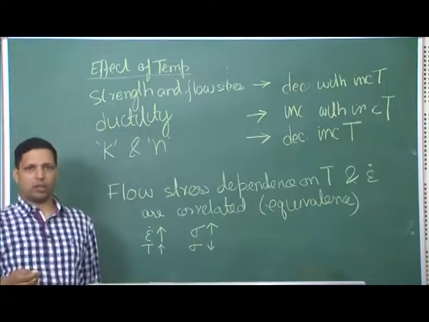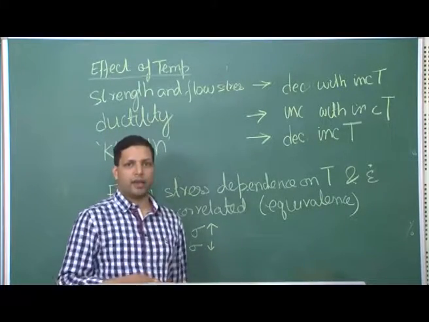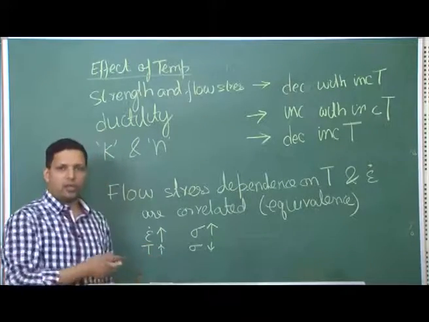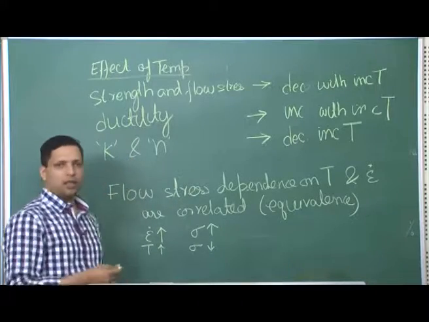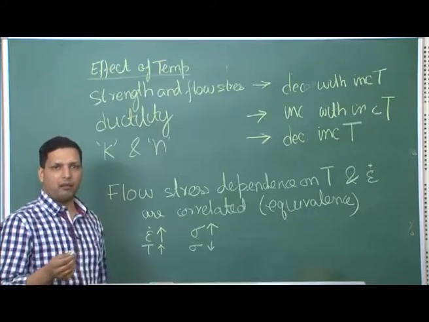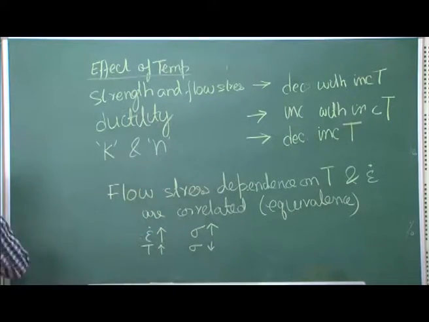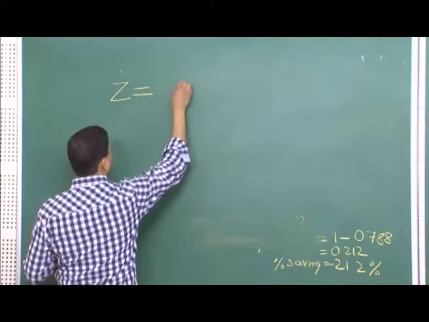We are not getting into an in-depth understanding of the mechanical behavior of material, but suffice to say that the origin for both these is the same, and that is why two scientists named Zener and Hollomon came up with a parameter which can give an equivalence between these two, and therefore, this parameter is also called the Zener-Hollomon parameter, and this is written as